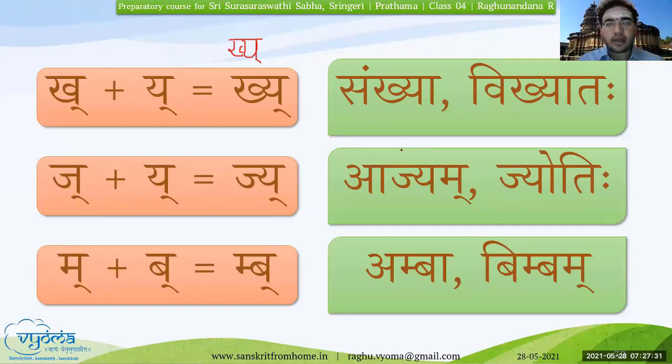This is the first kind, though there is no classification of the Sanyukta in the literature based on how it is written. But for our easy understanding and a stronger basic understanding of the Sanyukta, I'm classifying it into various kinds based on how it is written. So this is the first kind, wherein the first letter, the first Vyanjana, is written half, and the second letter is written in full. We'll see a few more examples of Sanyukta.